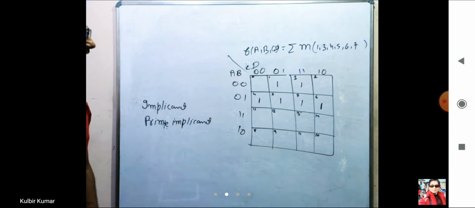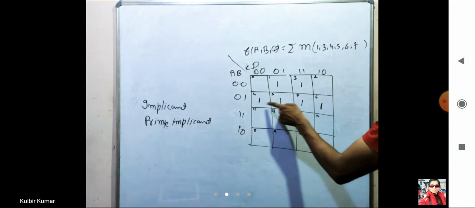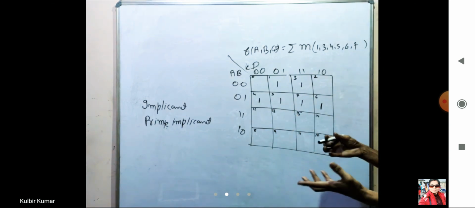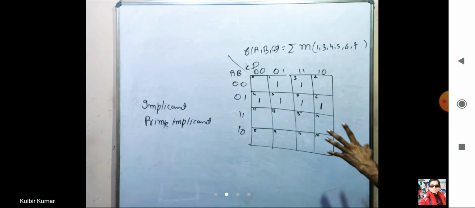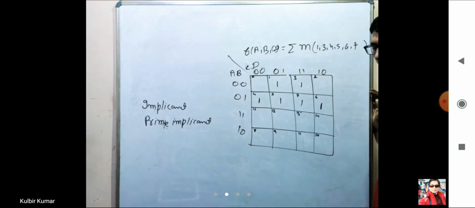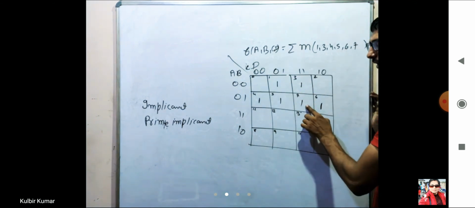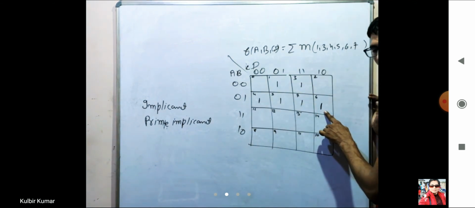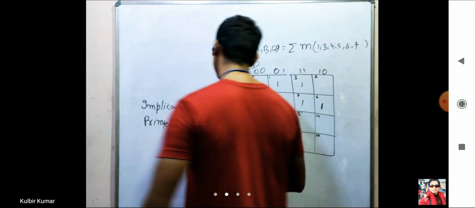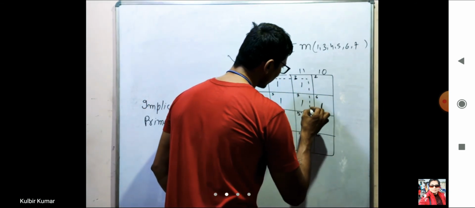So if I want to create pairs, how many possibilities are there? First of all, I can make single pairs, meaning a single one, that is one pair only. Second, I can take these two ones, these two ones, these two ones, or these two ones kind of thing can be taken. And there is one more possibility, we can take all four ones together. So let us see, I'm just going to create one pair. This pair is for these four ones.